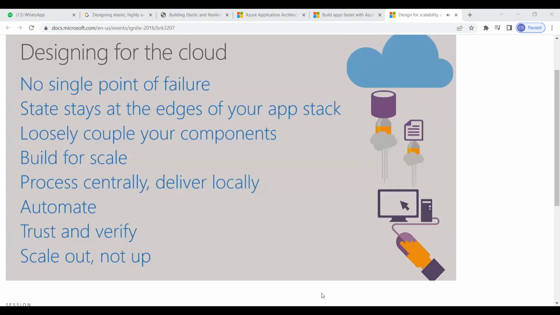When you have a 3-tier monolithic app and you're storing state, like you store state on the server, then if that goes down, you're impacted. It also means that if something else in that stack goes down, if things are reliant upon that, you've impacted everything in that chain. If you make things loosely coupled, then losing one part doesn't take down something else. So this is a little bit more like a service-oriented architecture or microservices.